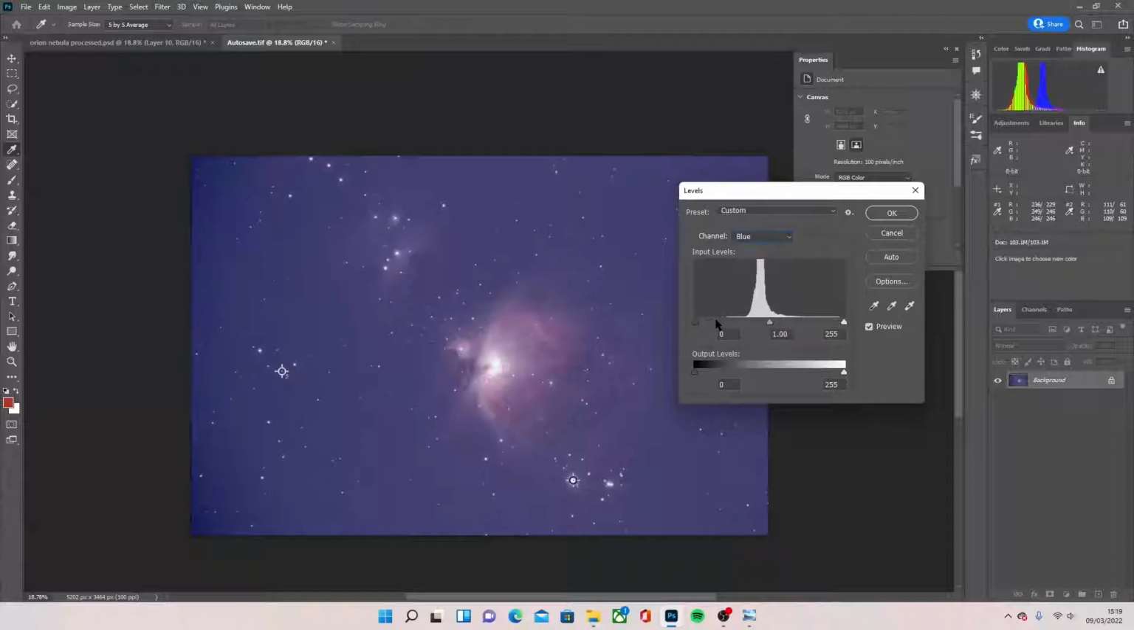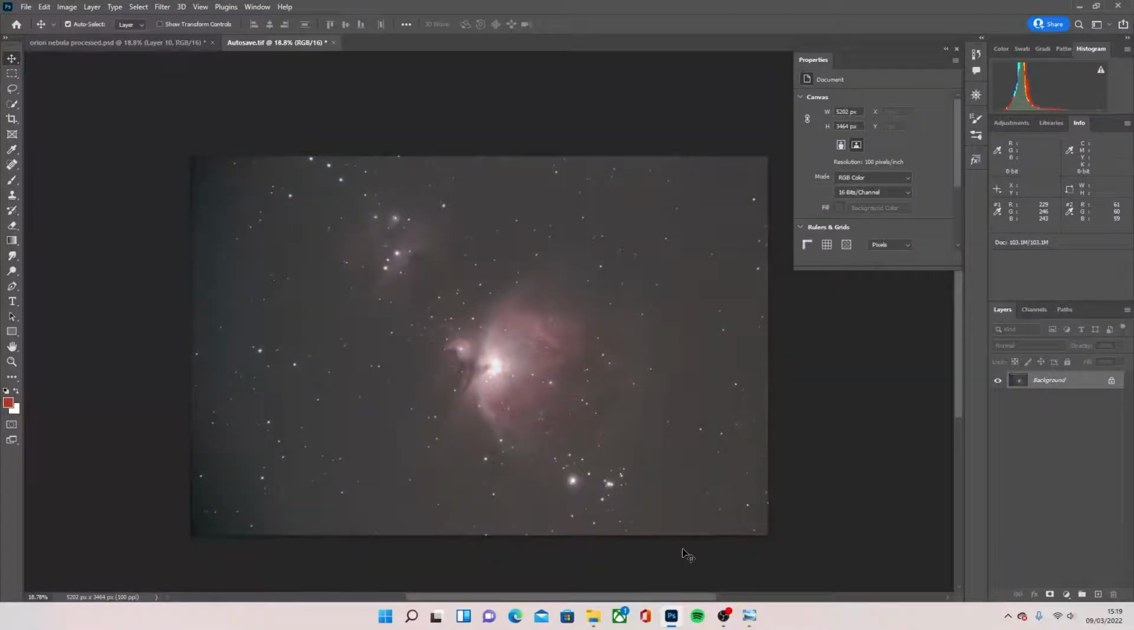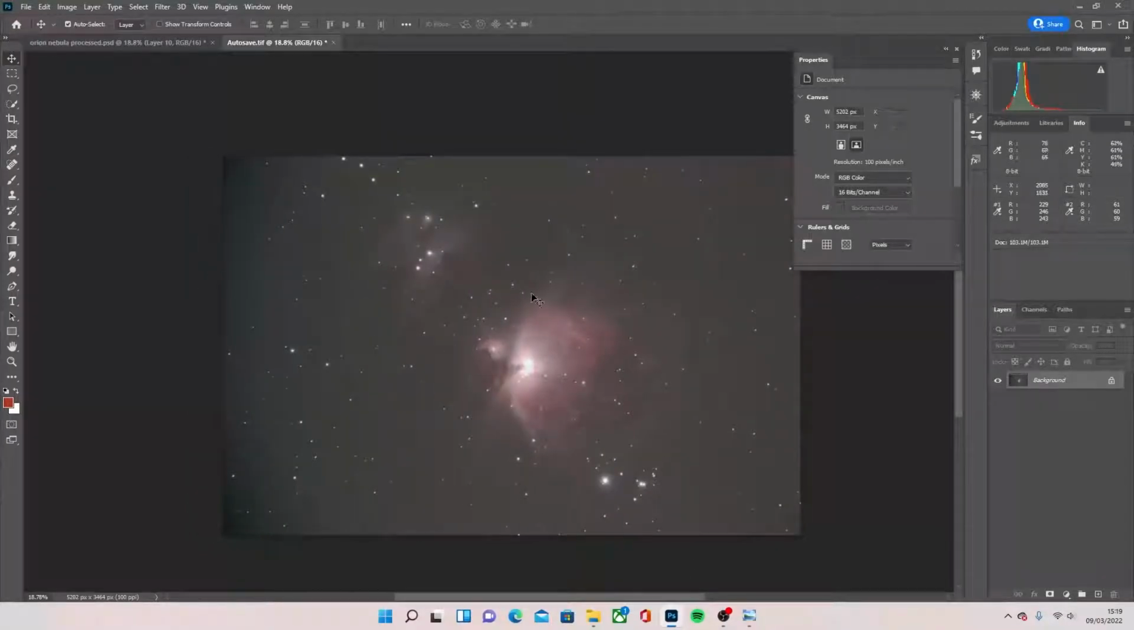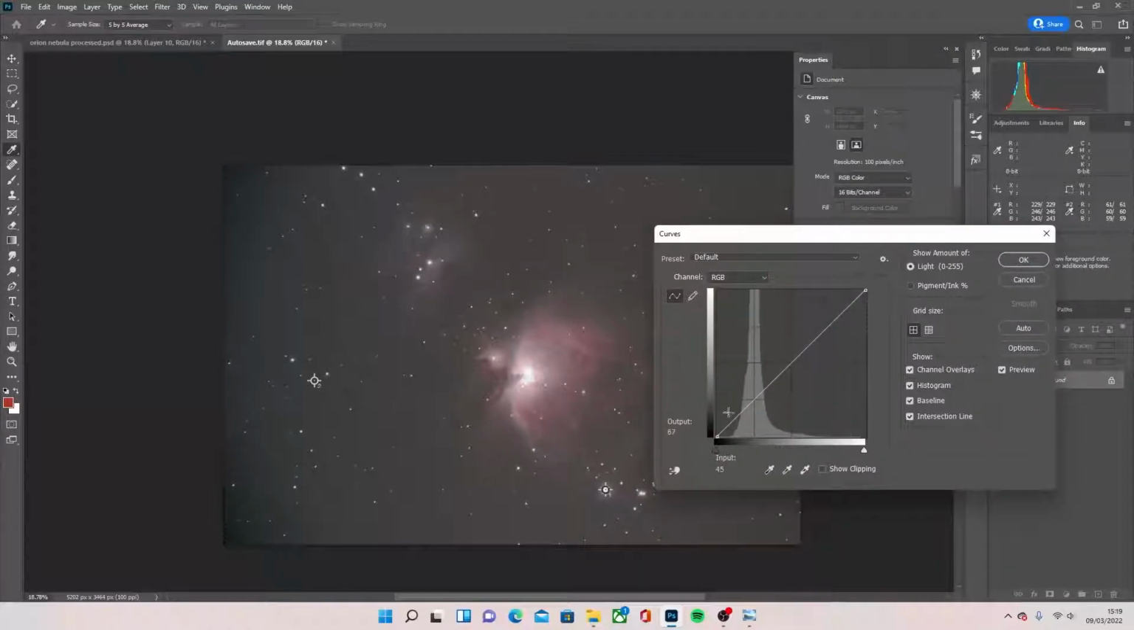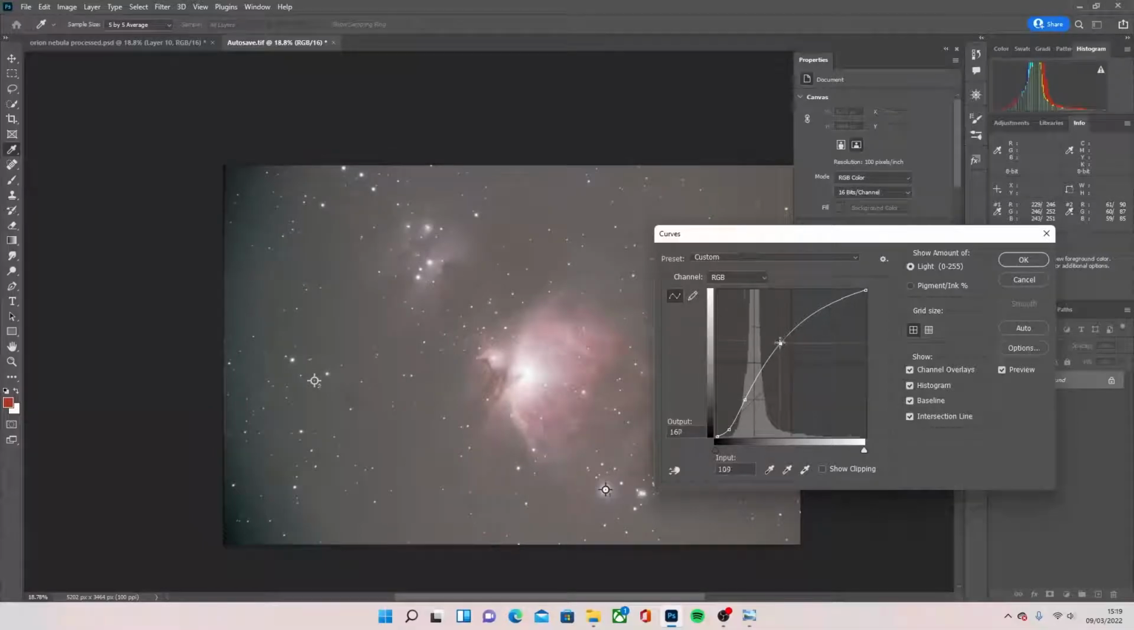You can already see the details really coming out. Just don't worry about blowing the car out though. So I think we can stretch that again, so Control M again. This time I'm going to do an S stretch, something like that, to pull the data up